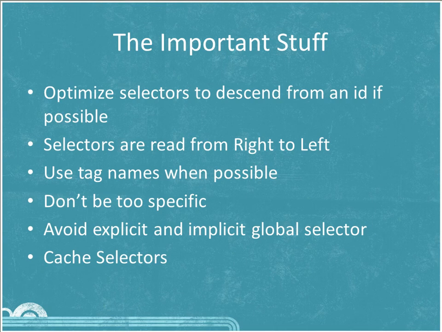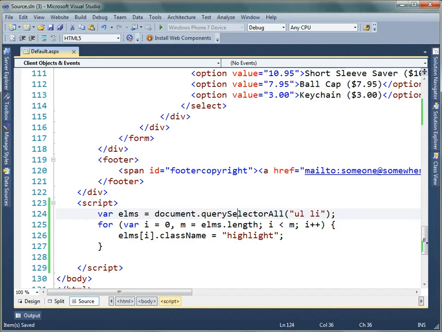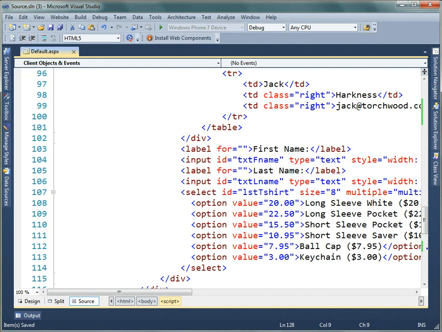And cache the selectors. So if you're going to have to look for the same element over and over again, look for it once, save it into a variable, and then use that out of the variable each time, as opposed to having to engage the selector engine and parse through the DOM every time. Alright, let's take a look at a couple of those things we mentioned. The first thing that we want to look at